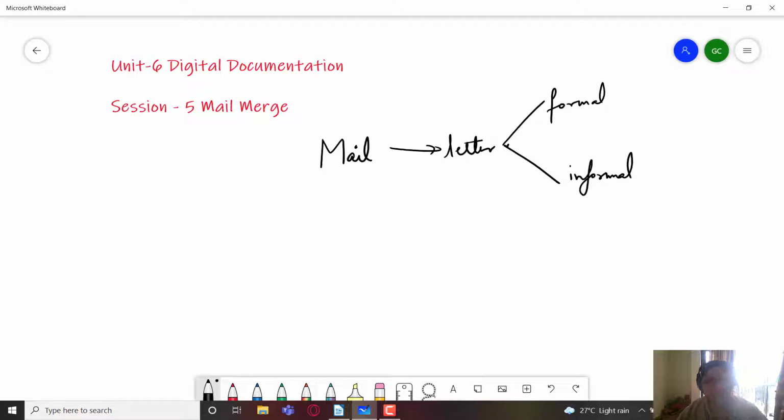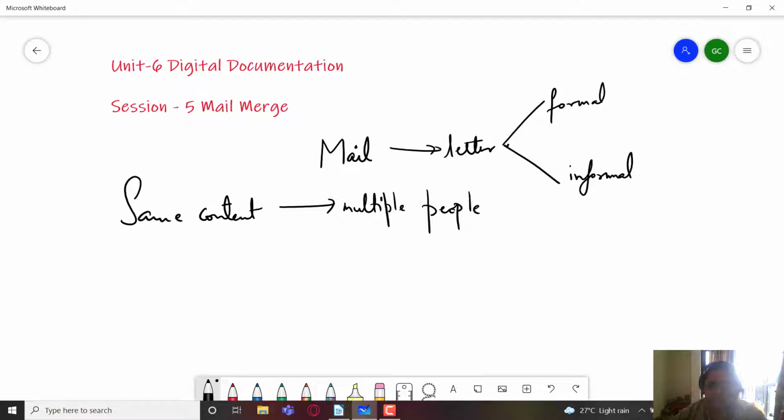It happens that if you have to send the same letter containing the same content to multiple people, you will obviously not sit there typing the letter multiple times. For example, you are applying for a job, and it's not one company you are applying to.